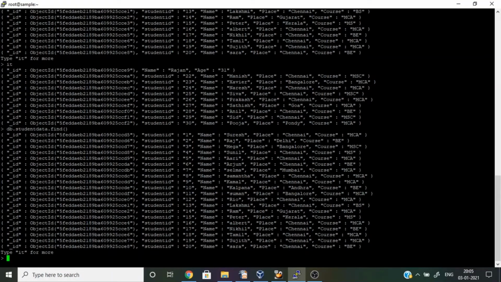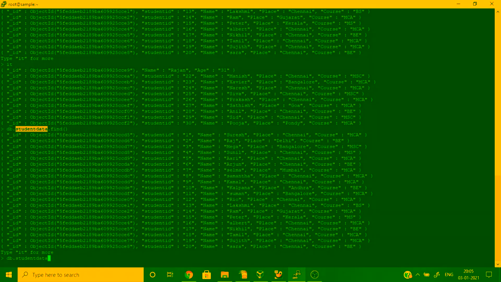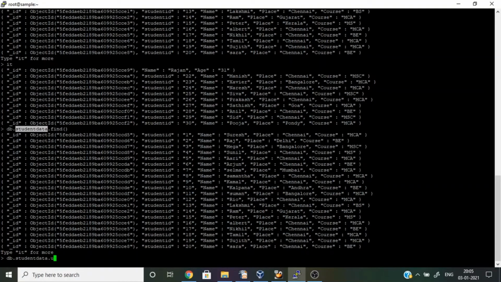Now we can see how to update a document. To update, we can use the update operator: db.student data as my collection, dot update.